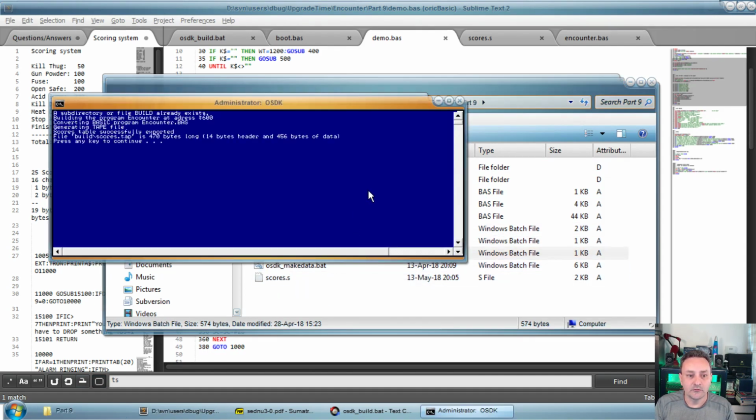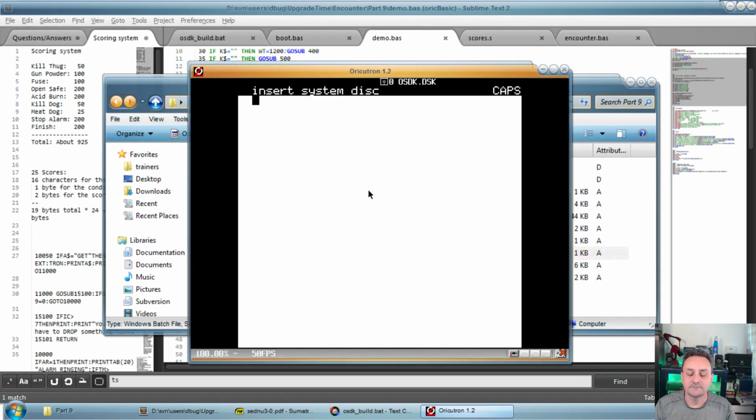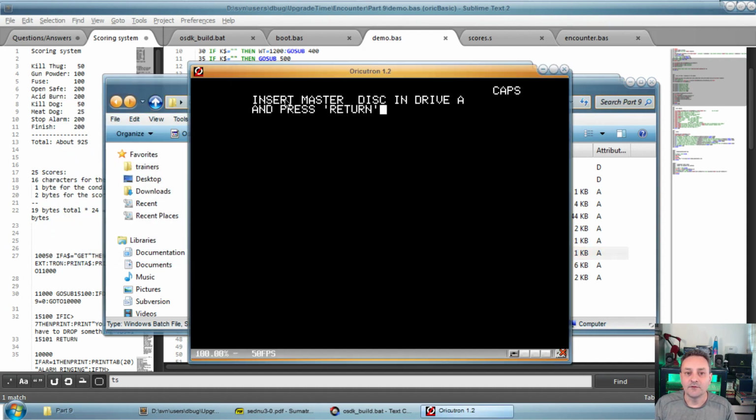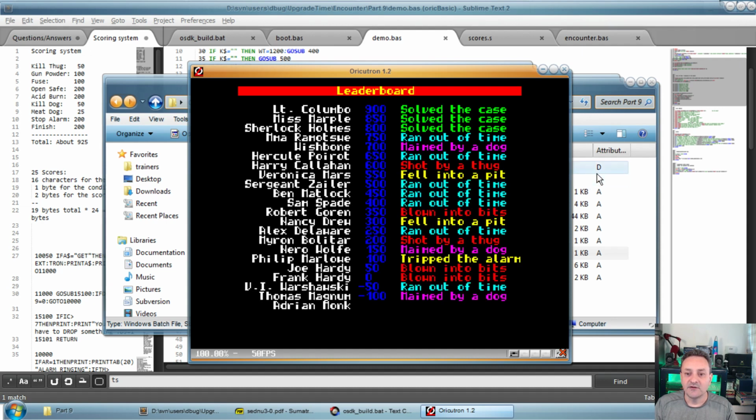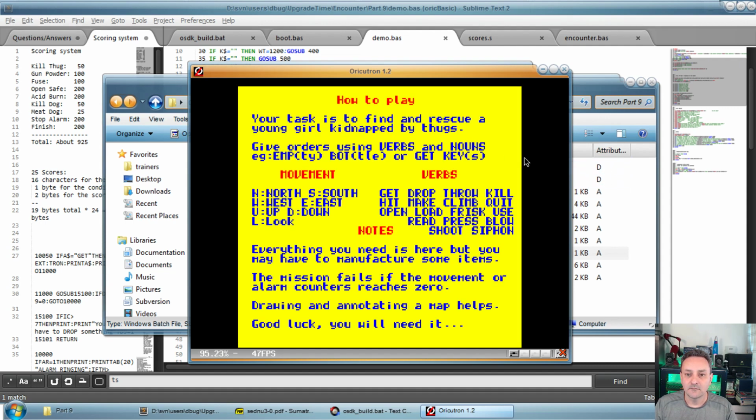So, as usual, more stuff. This is the ugly insert master disk. Briefly, the blinking load, I guess you didn't see it because it was too fast. And basically the main difference is that I'm not pressing anything, and it's just going through all that by itself. How to play, good luck, you will need it, something I just added. And still,